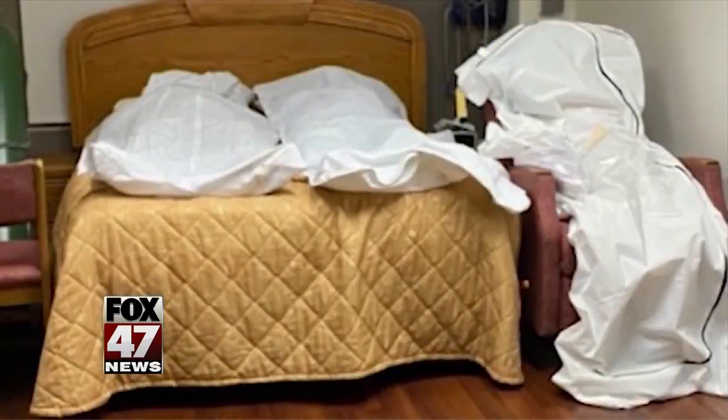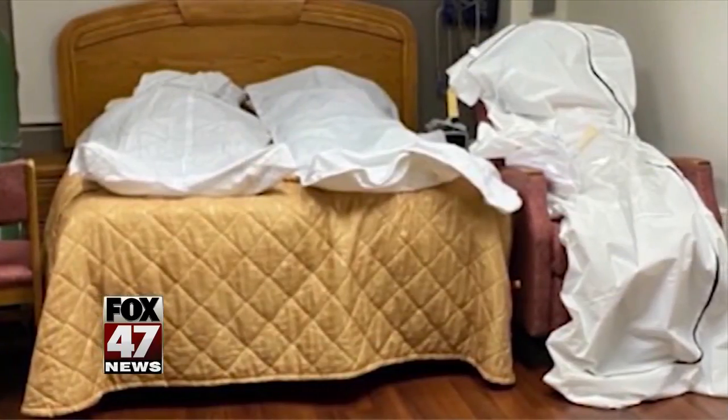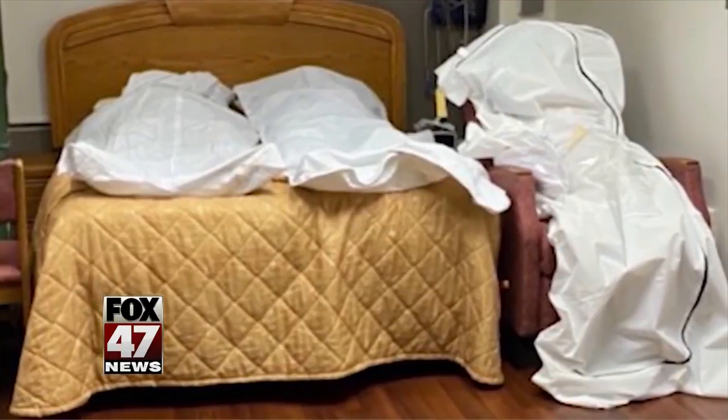Ryan Young reports. I can tell you over a few days, my team and I have been working on this. We've been talking to healthcare professionals throughout the Detroit area, and it was at a couple hospitals where we were getting some information from them about some of the conditions they were working in. Now, we'll show you some of these photos. This was during a time when there was an influx of patients, and obviously this entire area has been hit very hard by COVID-19. What some of the professionals inside the ER were telling us is that basically at some point